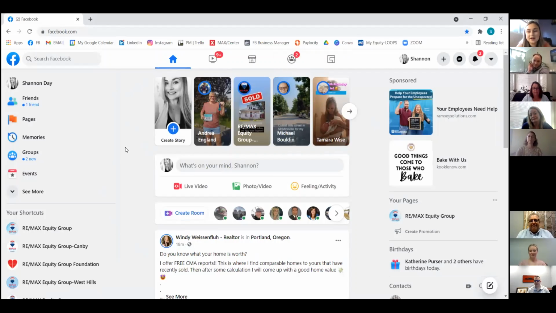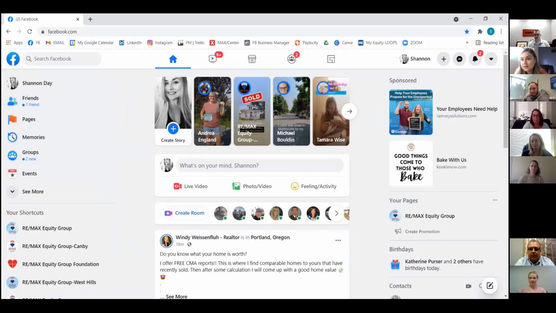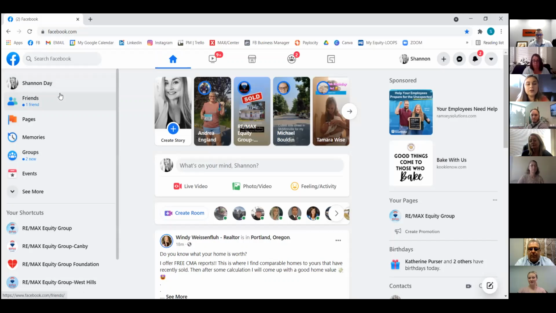Okay, so anyways, we're on Facebook, and how many here, just a little raise of hands, or you can do the emoji or something to show me if I've done an audit with you, if we've met before. I just want to make sure that I'm not repeating myself. Okay, cool. I just said I see some emojis. I didn't know if you saw them. I'm seeing a couple, so that's good.